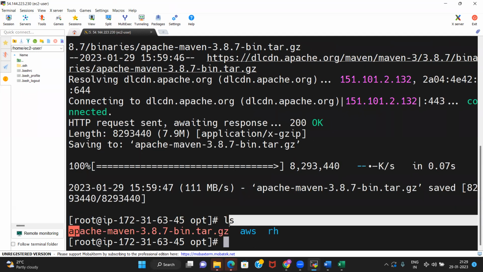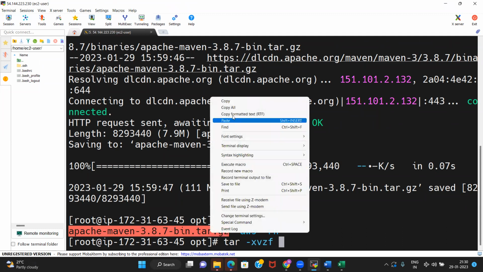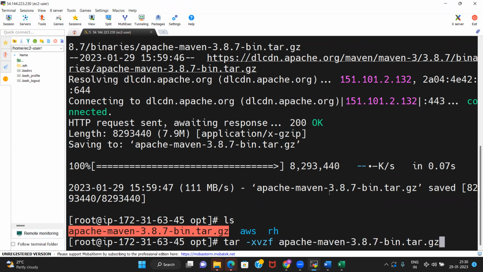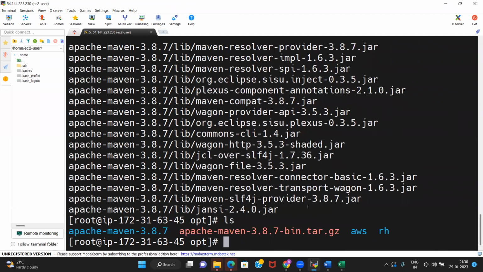Now this is downloaded. It is a zip file, so you need to unzip it. What is the command? tar -xvzf, and then copy this name to unzip. We have unzipped it. Now this is the unzipped folder.